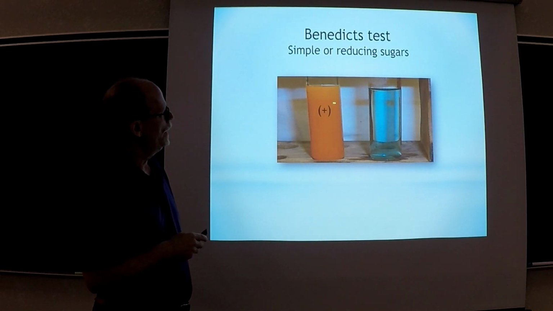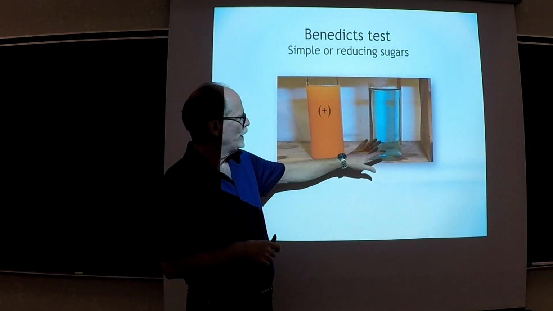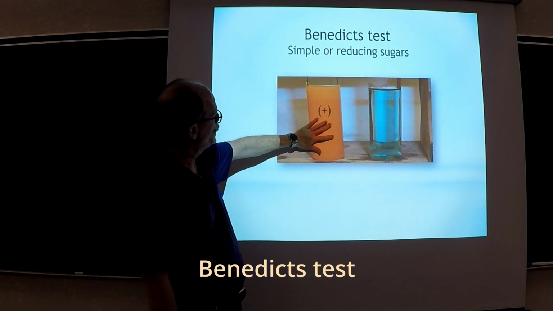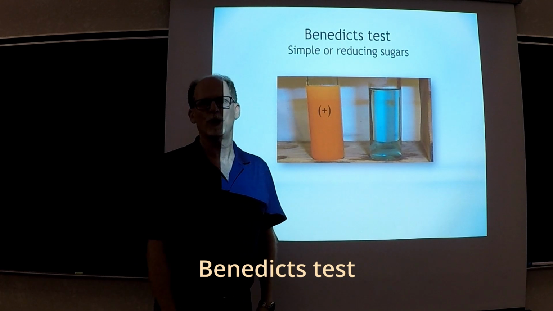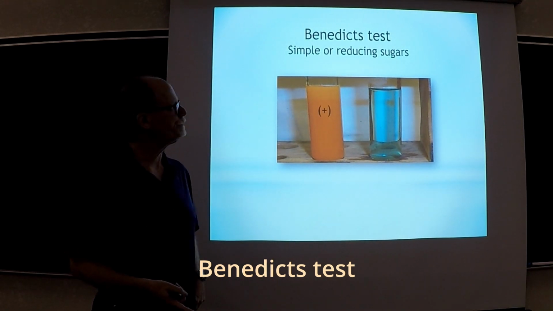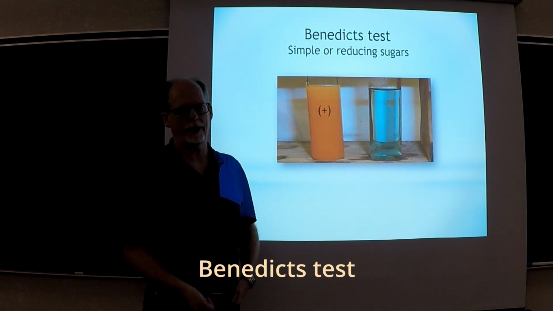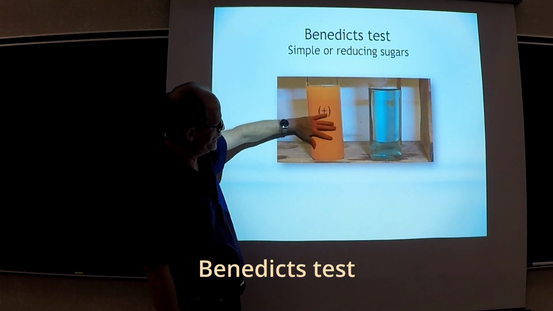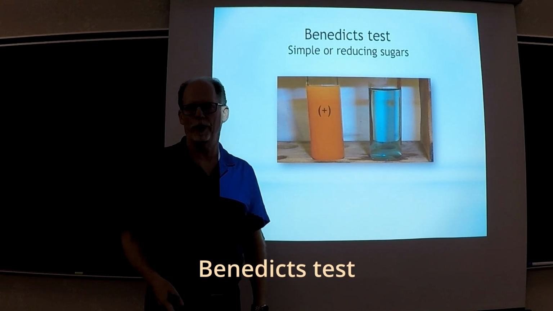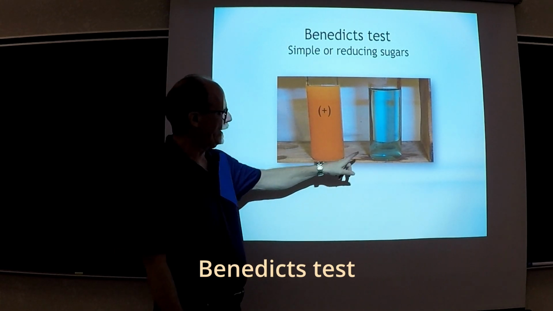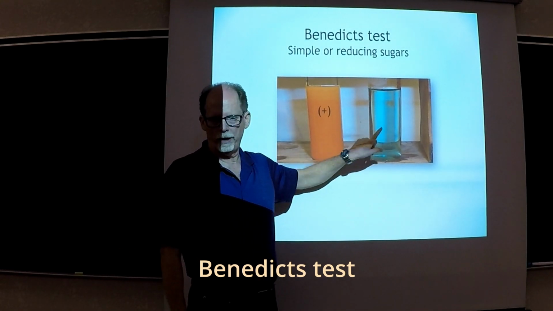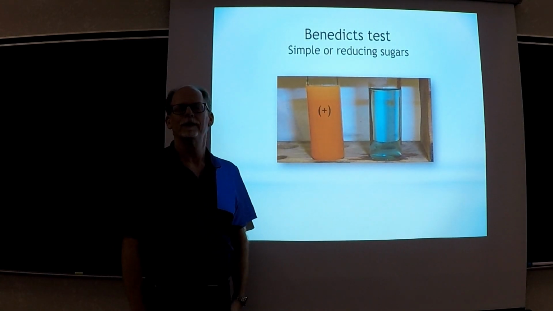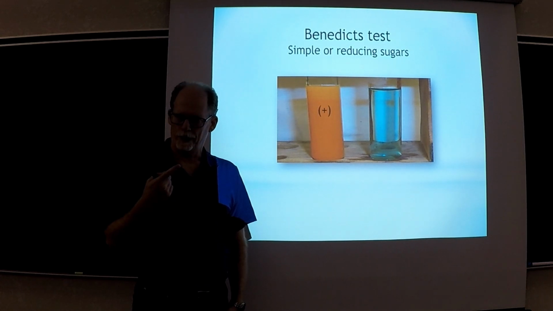So this is a test tube containing, there's no sugar in this test tube. There's sugar or reducing sugars in this one. You add the Benedict's reagent to do the Benedict's test. So we would have added 10 or 15 drops of Benedict's solution. We would have put it in boiling water. The negative, you get no orange color, and you get a nice tan color if there's reducing sugar or